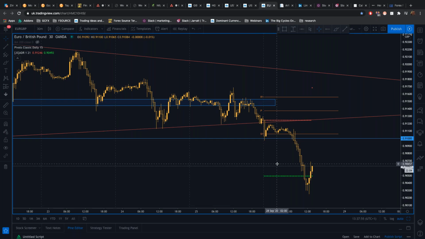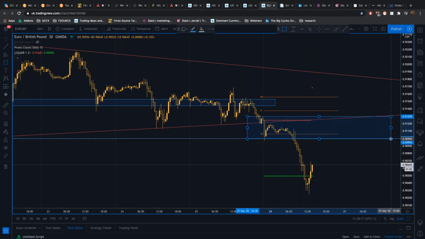If Christine Lagarde starts to show some concern about euro strength or concern about euro inflation, then we can expect further euro pound downside. And so any retracement back up to that 0.9100, that 0.130 region, any sort of return back up to this level could be considered suitable for shorting.